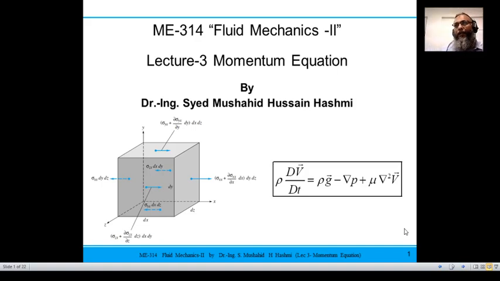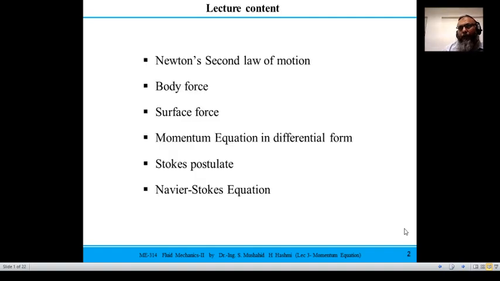Today we have lecture number 3, deriving the momentum equation on the subject of fluid mechanics 2. Earlier we have already derived the continuity equation, and before that we discussed Newton's law of viscosity and the definition of the fluid in lecture number 1. In this lecture we will start our discussion